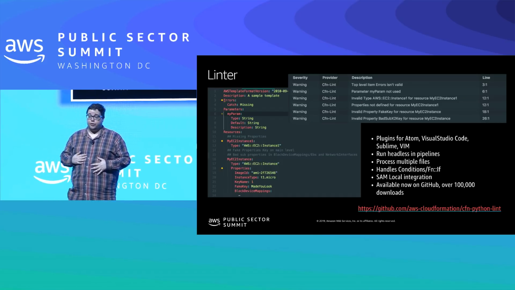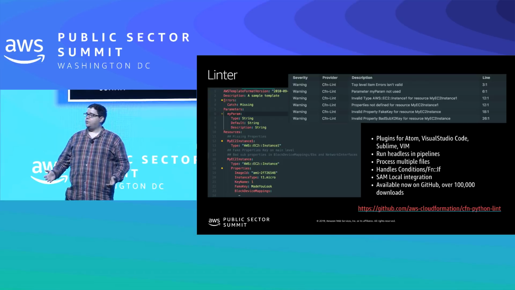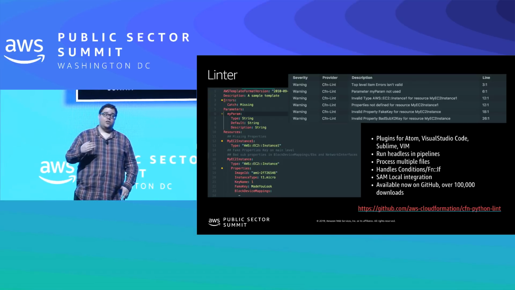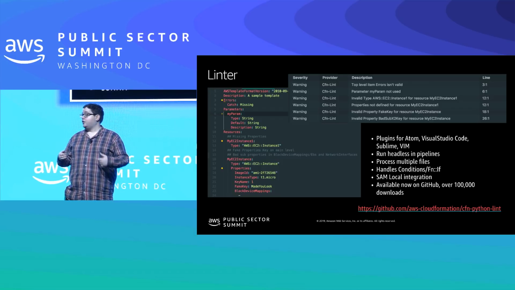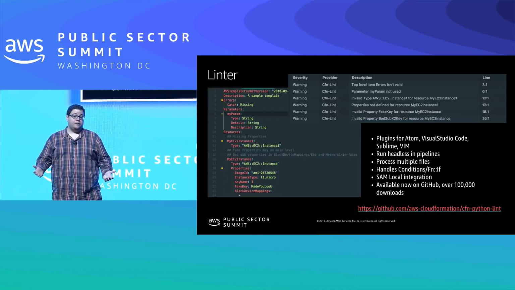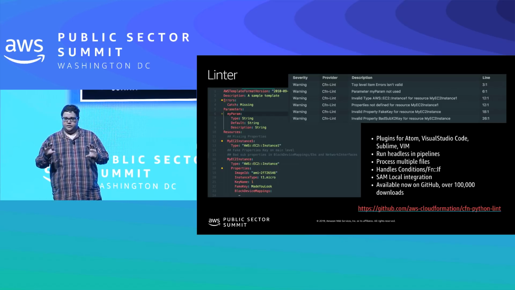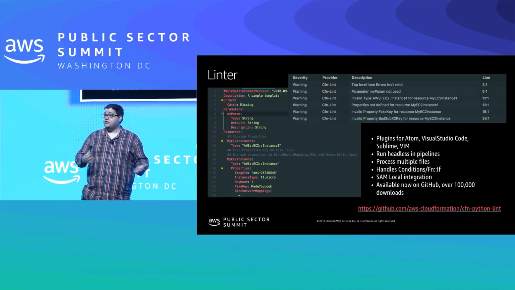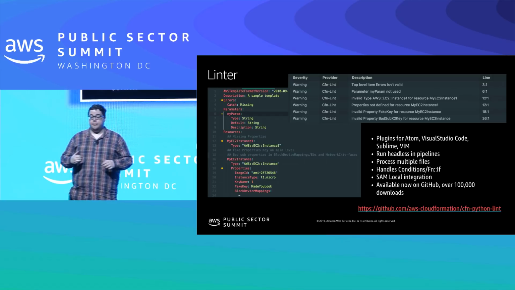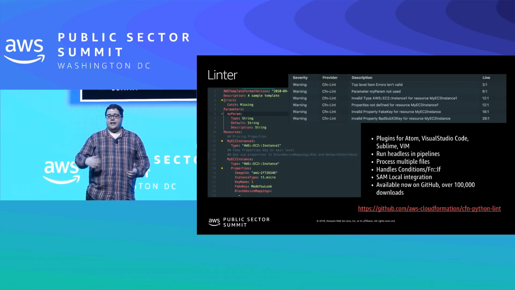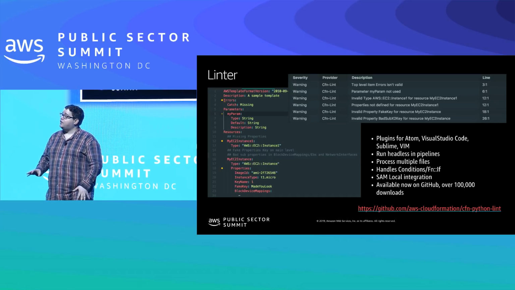I use VS Code personally, but it can run in a headless mode, right? It runs via CLI command where you say, hey, CFN Python Lint, take a look at this template, tell me if it's okay. So you can put it in a pipeline, in a build step, and say, if you're doing a pull request, you must pass this linter. If not, we can't let you merge this in. It's really nice. It handles a bunch of different files. You can do things like conditions and Fn::If.